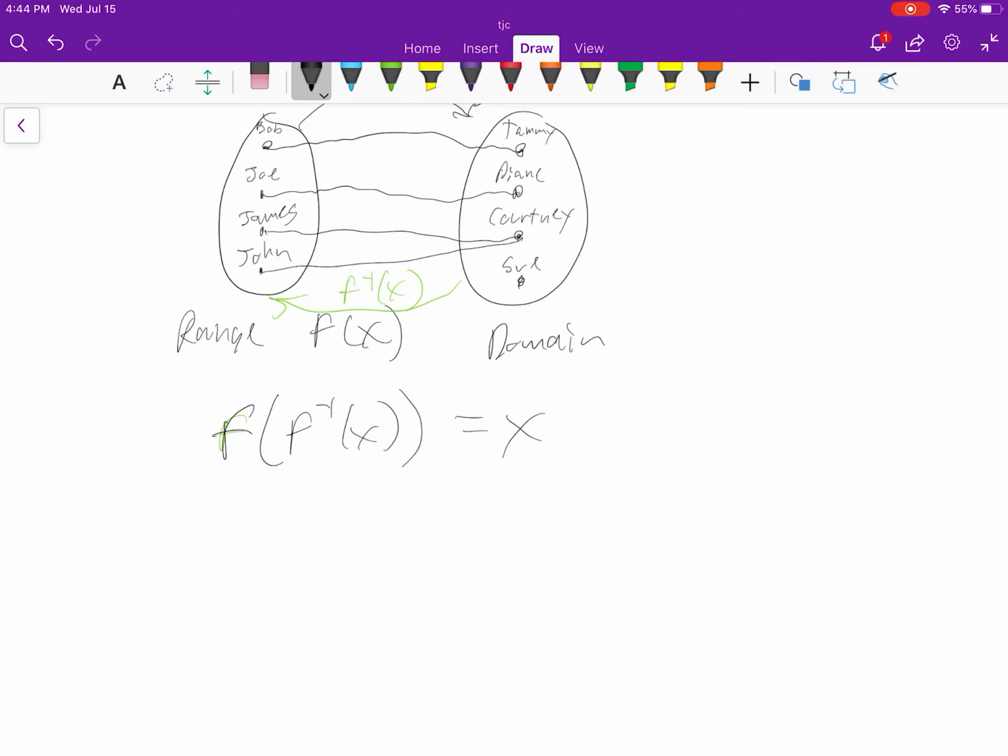f of f inverse of x returns the x values. And f inverse of f of x also returns the x values. The bottom one's a little easier to explain. These are your y's, these are your girls. You're taking the girls and the f inverse is mapping them back to the boys. So this outputs boys. Boys, then the f gives you girls, and the f inverse takes girls and gives you back boys. So this one, it's taking, here's boys, or,